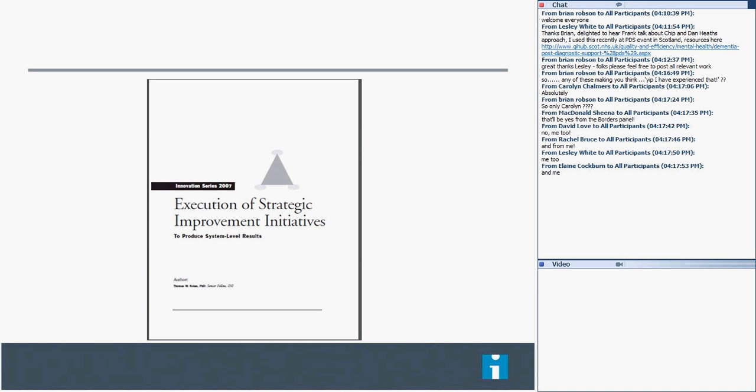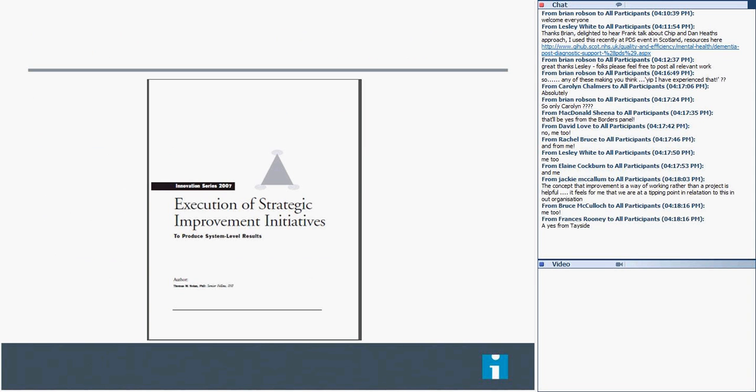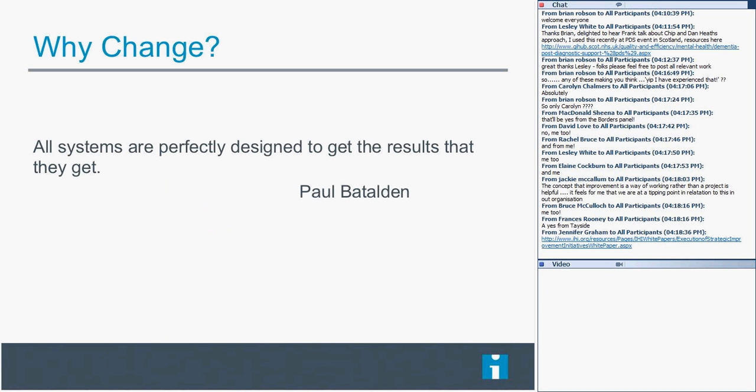There is a white paper on the IHI website. It is free to download, and please visit the website and take advantage. The paper is called Execution of Strategic Improvement Initiatives. It really is a paper that discusses various aspects of improvement. One aspect that I think is critical is the portfolio, the management of projects that an organization should handle. I'm going to explore more the cultural changes and the leadership, personal changes that have to happen, as well as every layer of the organization, not just leadership. However, this paper fully complements the work that we're talking about today.